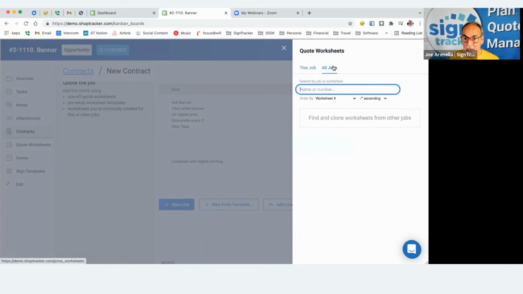Or now I can also go, let's say you did a floor graphic for somebody or a vehicle wrap or something a month ago, and you say, oh man, I just did one of these cars. I don't want to have to build a whole template out or make changes to a template. I'm just going to go to that other job. So I can search for that other job, find that quote that I did, clone it, and it'll